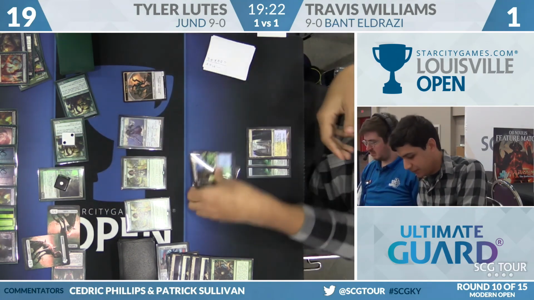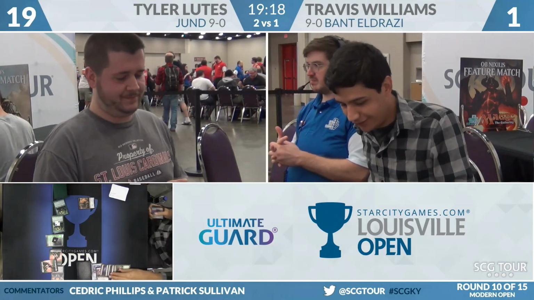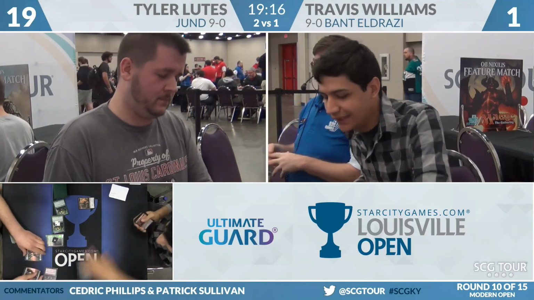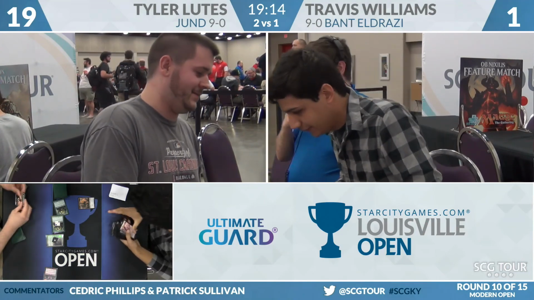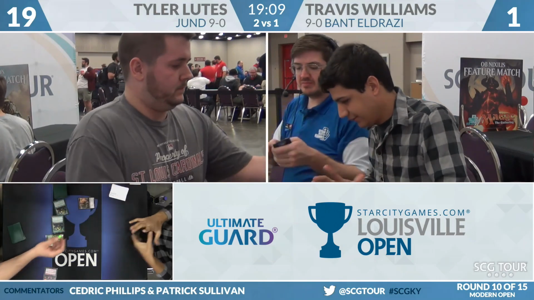And then, I mean, there's too many threat cards. Nowhere to go. Tyler Lutes going to win this game and match here over Travis Williams, 2-1. Jund will take care of Bant Eldrazi. We started the day with 2 undefeated players. Now we've only got 1. It's your player on the left. It's Tyler Lutes. For you Jund fans out there, Jund, still pretty good, I guess. We have seen